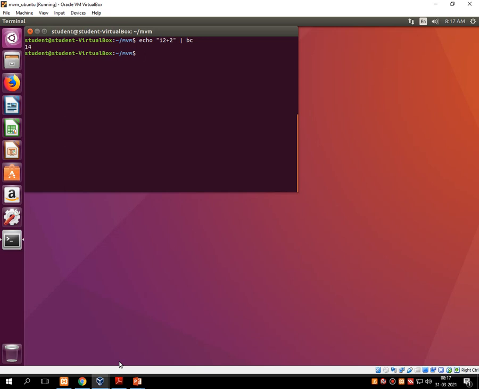So first it converts the text into numbers and then it adds 12 plus 2, generates the output 14, and displays it onto the screen. Let me change the value. Say for example I am changing the value like this, 3 plus 2. So instead of 14 it will print 5 onto the screen. So this is the purpose of the bc command.